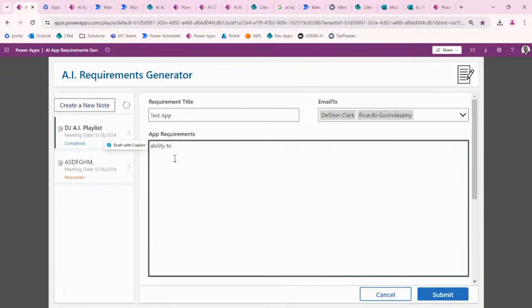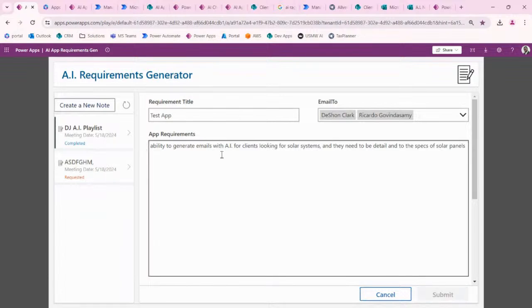ability to generate emails with AI for clients looking for solar systems. They need to be detailed and to the specs of the solar system, solar panels. I know, I'm just making it up. Of course, this would be paragraphs. And the way that this would be, and I'm going to go ahead and submit this, the way that this can